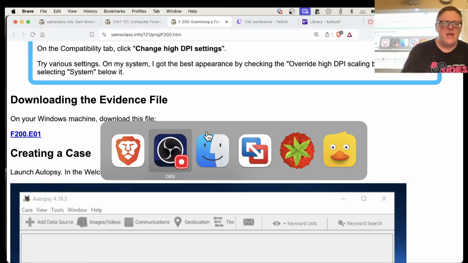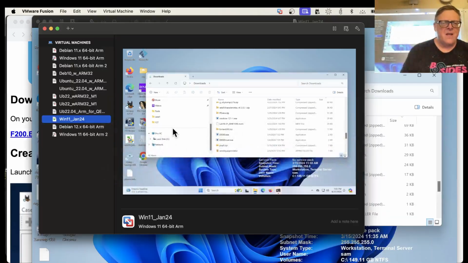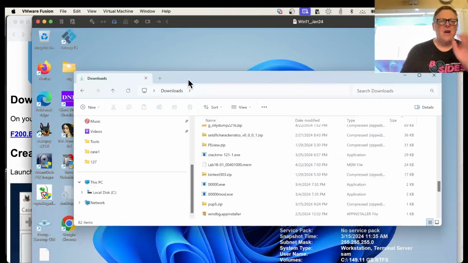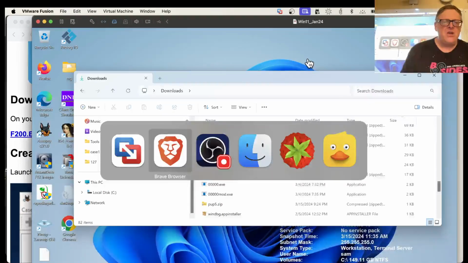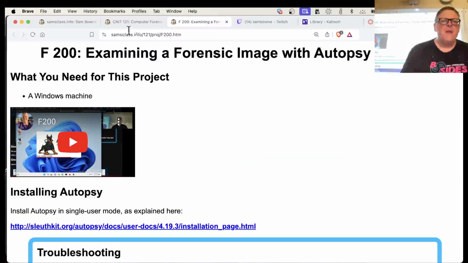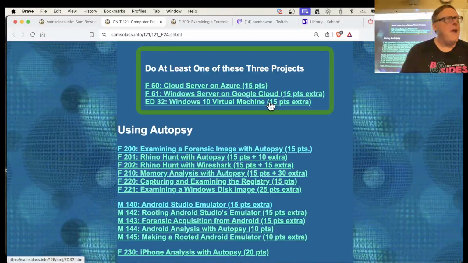So I've already got a Windows virtual machine running here in VMware. This is a Mac M1, so it's running an ARM processor, so this is Windows 11 on ARM. I should mention, by the way, if you have an ARM Mac, M1, M2, or M3,